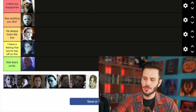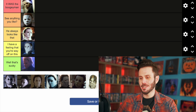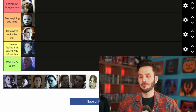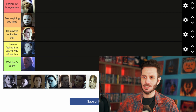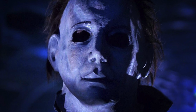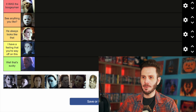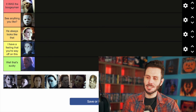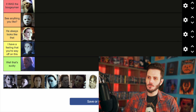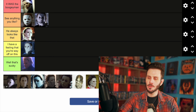Next one is the Curse of Michael Myers mask, 1995. Now this one, they actually put an effort into. They went back and looked at photos of the original mask from '78 and made a new mold to try to make a mask that looked as close as they possibly could at the time. So because of that, this is a huge improvement over 4 and 5. It does have a kind of lumpy texture to it, but I've said that this is the scariest Michael Myers, in my opinion, and I think the mask can be attributed to that quite a bit. So this one, I'm gonna say falls under See Anything You Like, but below the Halloween 2,